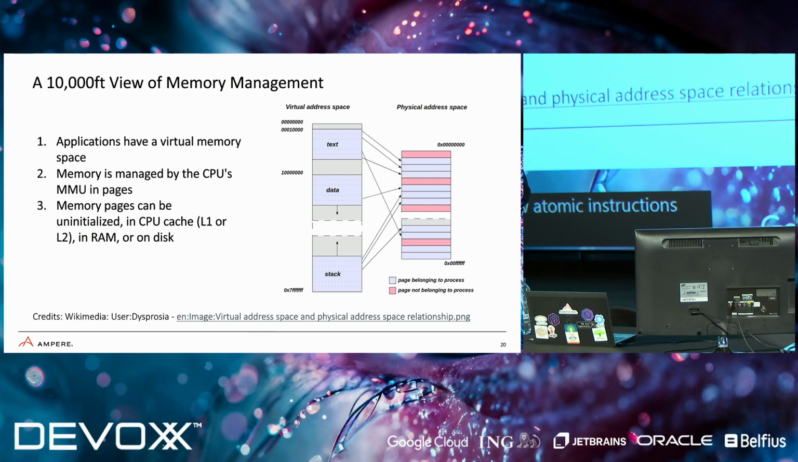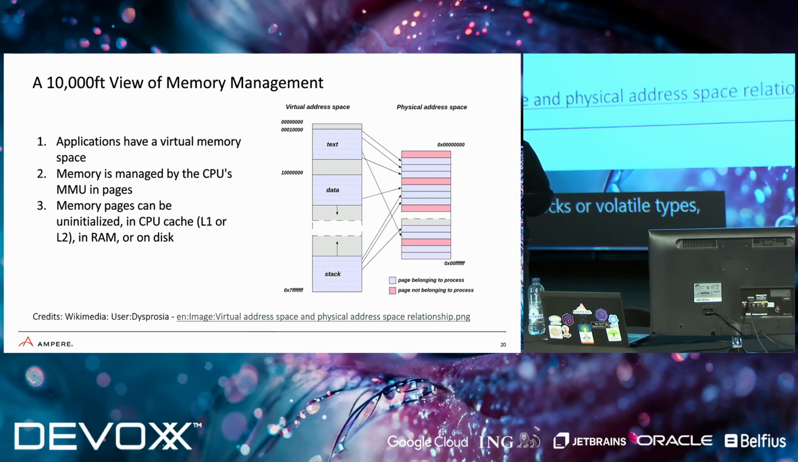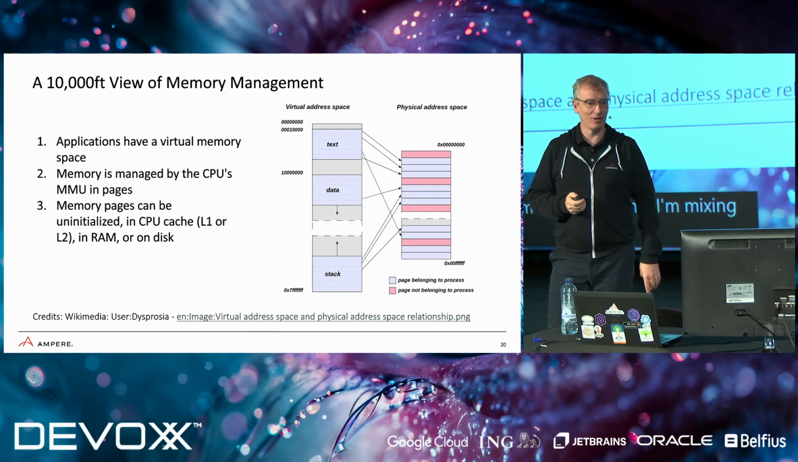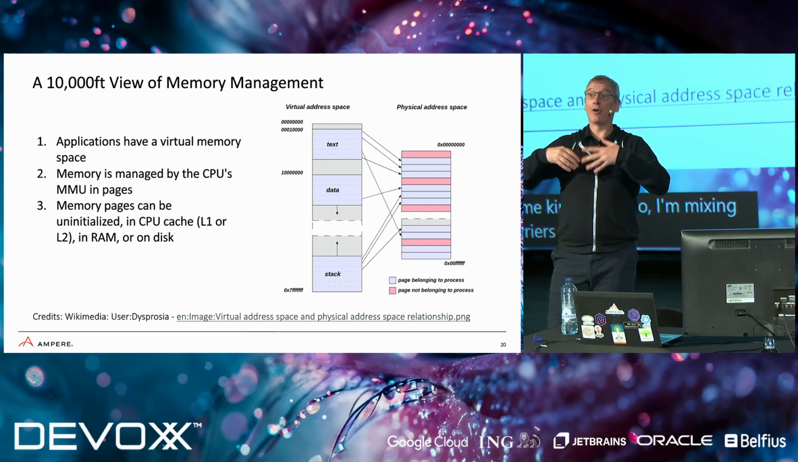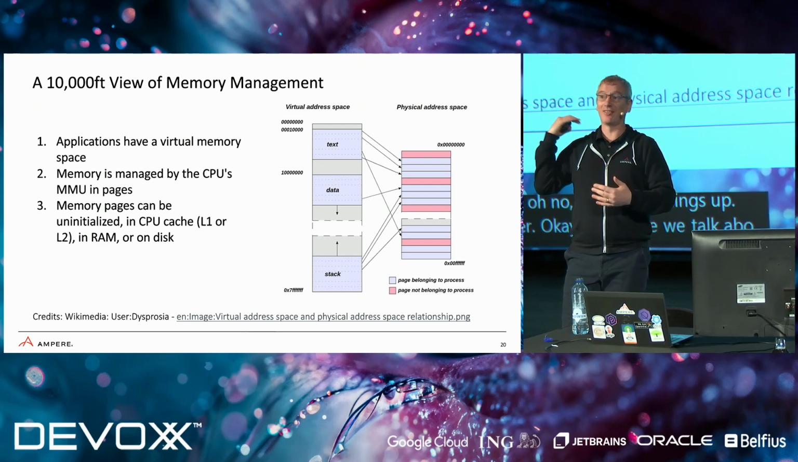Typically, Java developers don't come across atomics very often, but if you are using some kind of locking, like synchronized code blocks or volatile types, then you're going to have some kind of, oh no, I'm mixing things up. That's memory barriers later. Okay, so before we talk about this particular bug, we're going to take a 10,000 foot view of memory management,